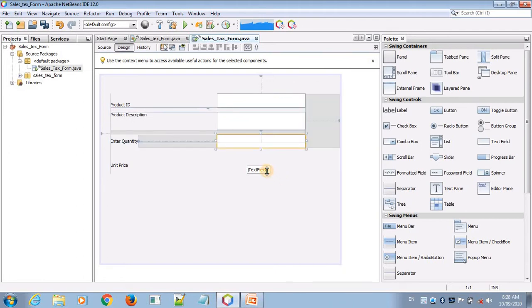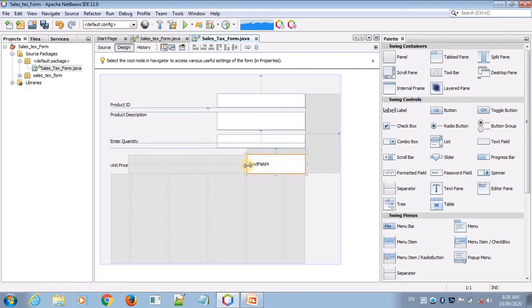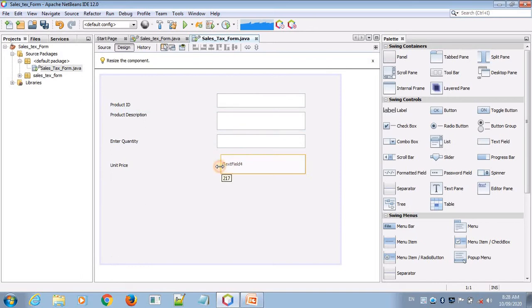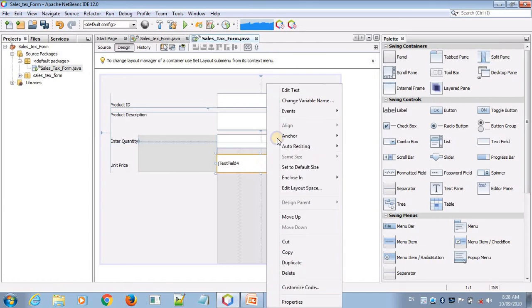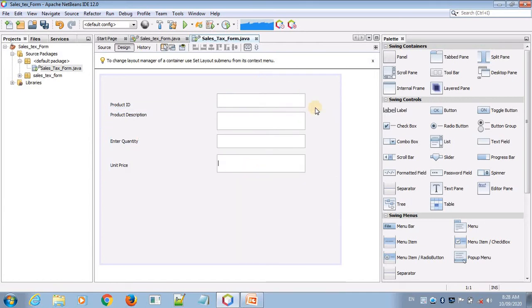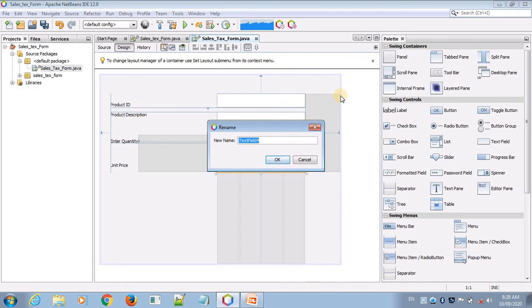And the last text box, I think this text box is not going wider. Okay. Edit text, click here, change the variable name to textfield_unitprice. So I'm writing here U price.